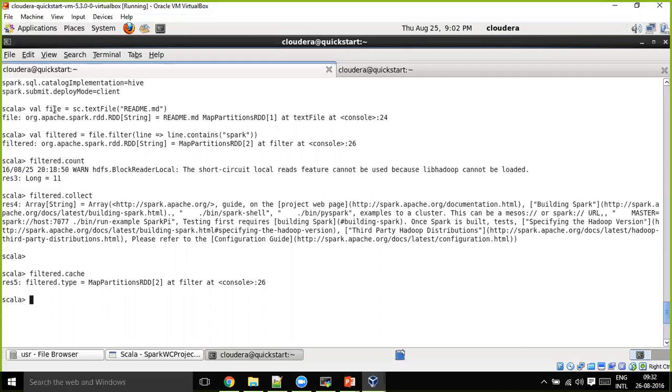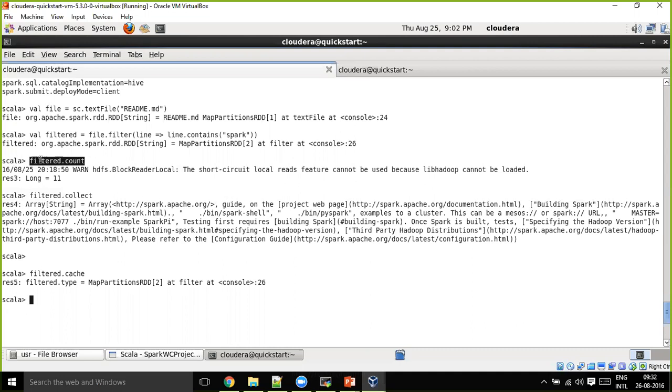I have done an action on the second RDD. First I created the first RDD, then the second RDD, and then I did an action. Before that action is performed, will my first RDD be maintained in memory or not? Will it be flushed out during the second RDD?